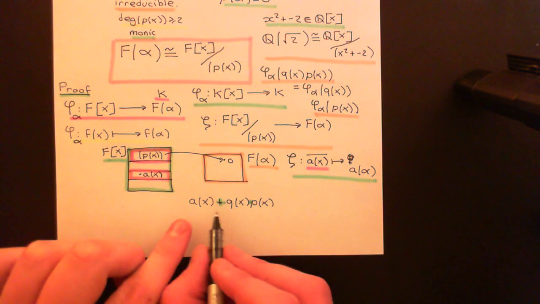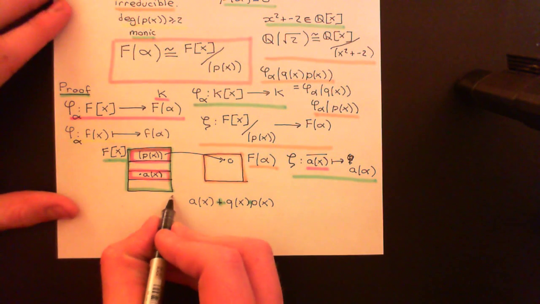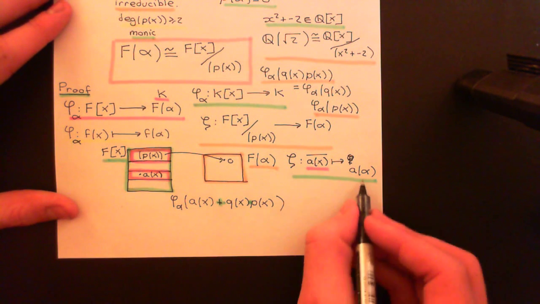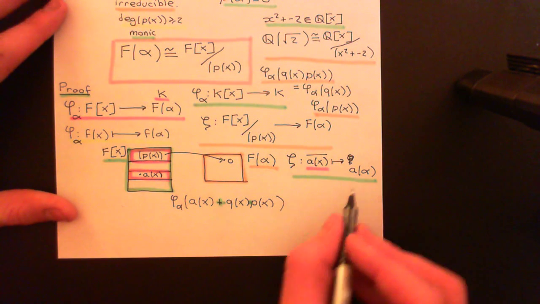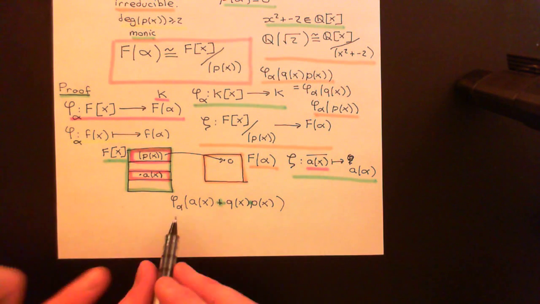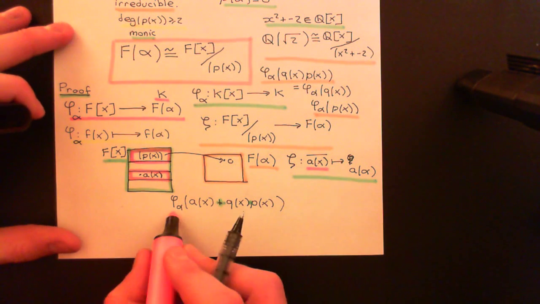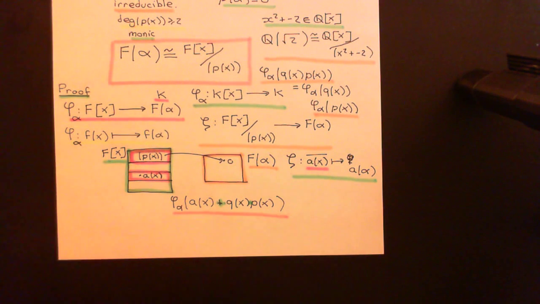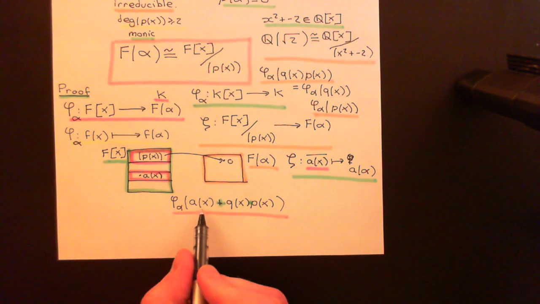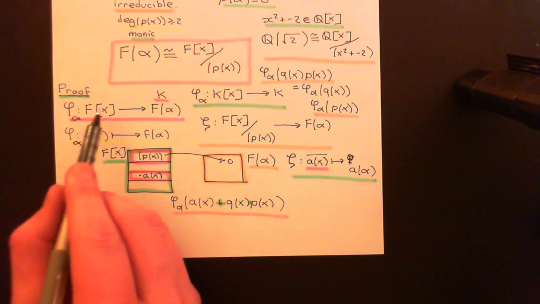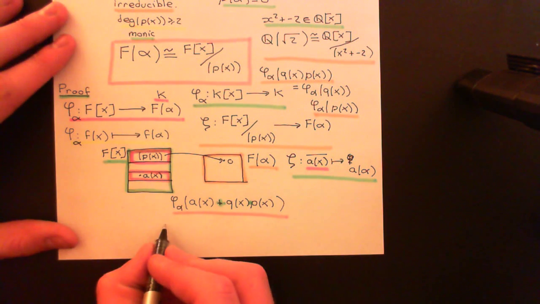Okay, well, what is the answer? Well, it's just going to be the evaluation homomorphism, phi of alpha applied to this. This was just the fancy way of writing that, but now here it's probably better to actually formally do it. That's the sort of more common way to write it, but this is the formal way to write it, to remember that it is actually a ring homomorphism. And of course it is a ring homomorphism, so it's going to be additively compatible and multiplicatively compatible between the two. So I can now turn this into